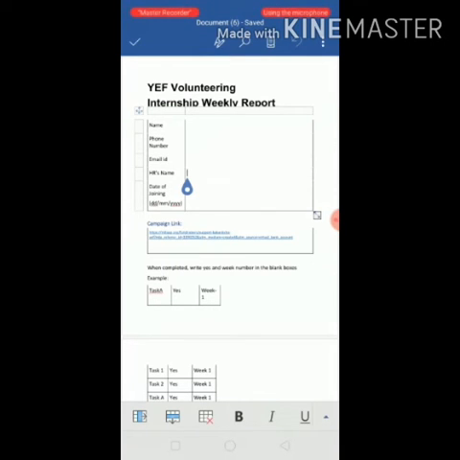It means it will contain the first week's work also, and the second week's work we just have to update in the first weekly report. For example, by the time you reach your week 4, it will contain the work of all the previous 3 weeks also. So that is what you have to do.